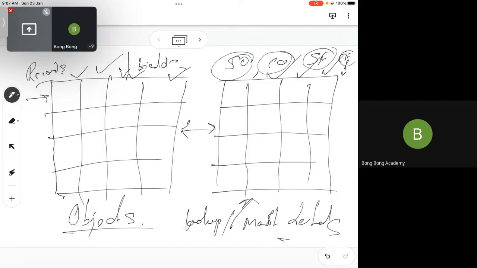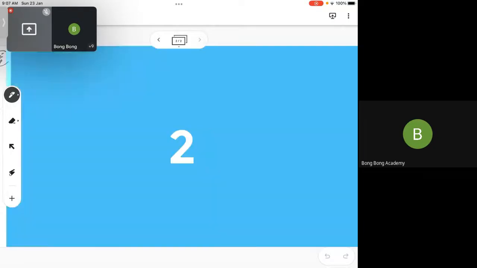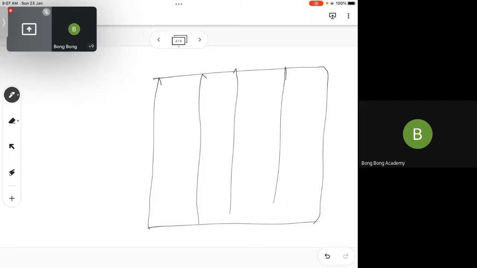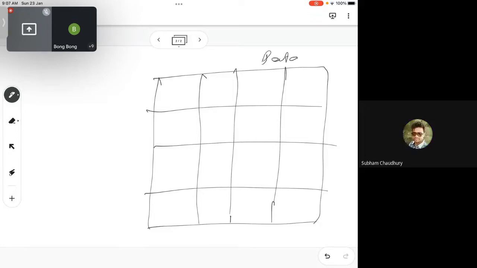Now we'll see what the operations of a table are. If we are talking about an object, what are the possible things you can do with the data of the table? Read and write. What do you mean by write? Data export means row add, row delete. Correct, that is a better word.